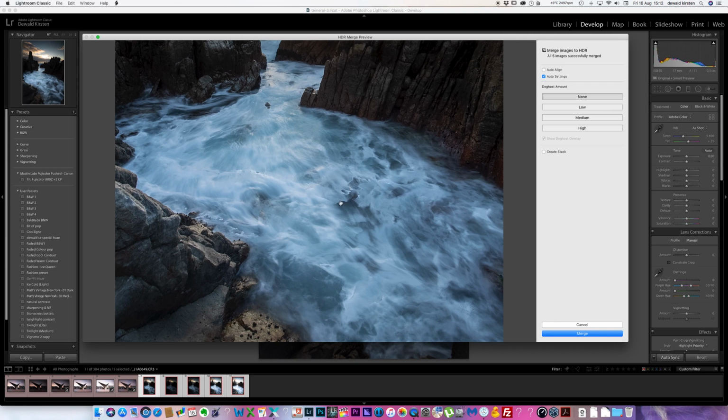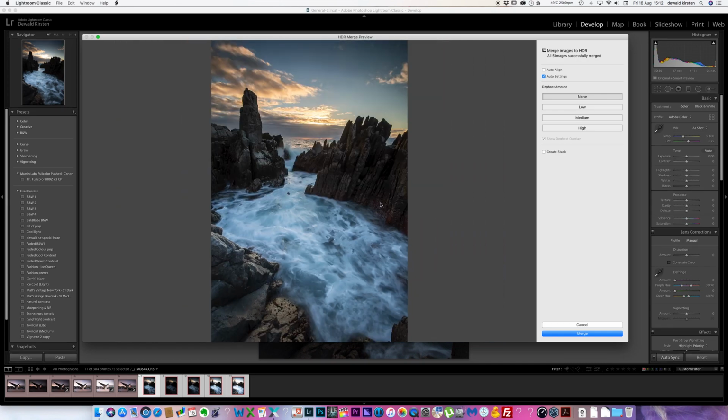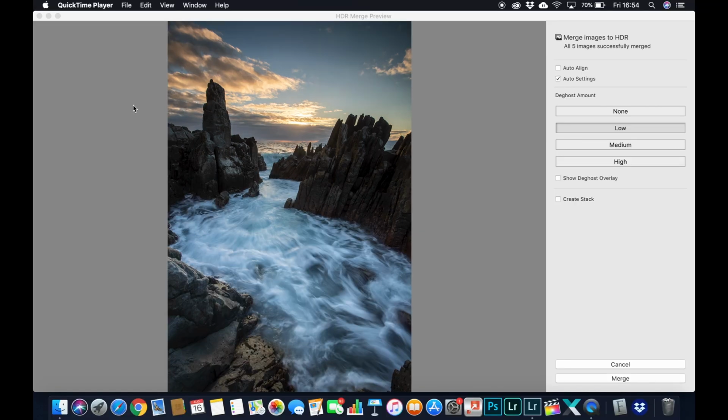Obviously that's the part that was moving, so let's go to low, and we've shown the deghosting overlay. Again, with this process you need to be patient because there's lots of work being done in the background to merge these images together. Okay, right, I've had to switch computers because my main iMac didn't like working with those big files, so now